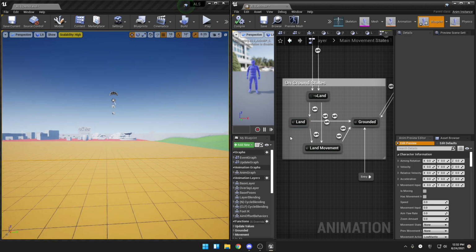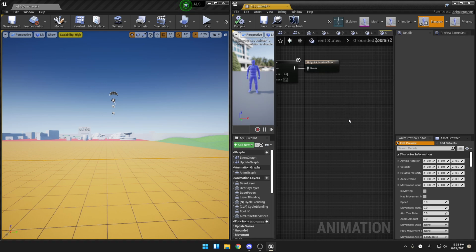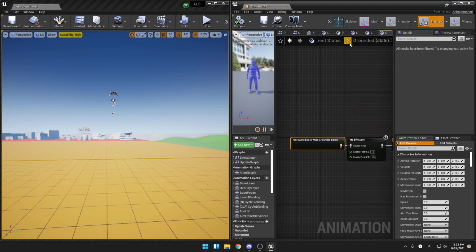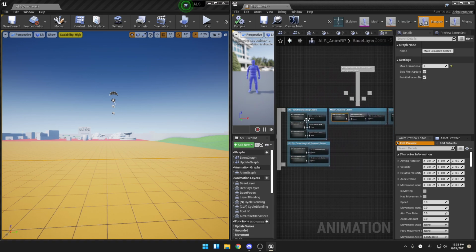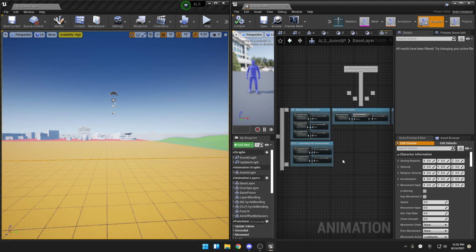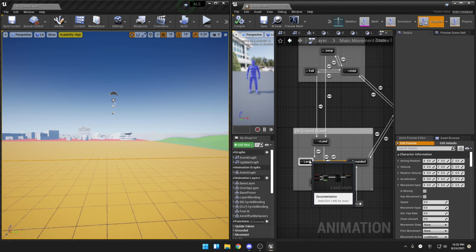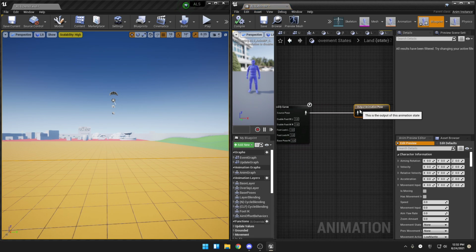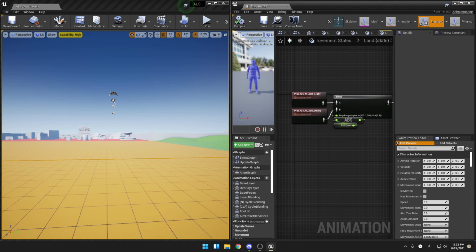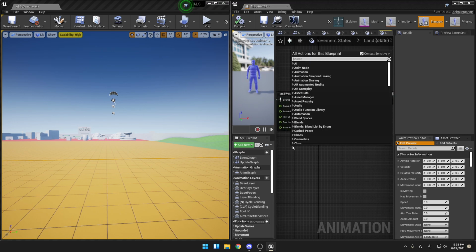Personally, the best way to fix it would be, since the main grounded states handle the standing states and all this, and also deal with how foot locking is handled in those states, I recommend getting those curve values into the landing state. The way to do this is simply by getting the cached